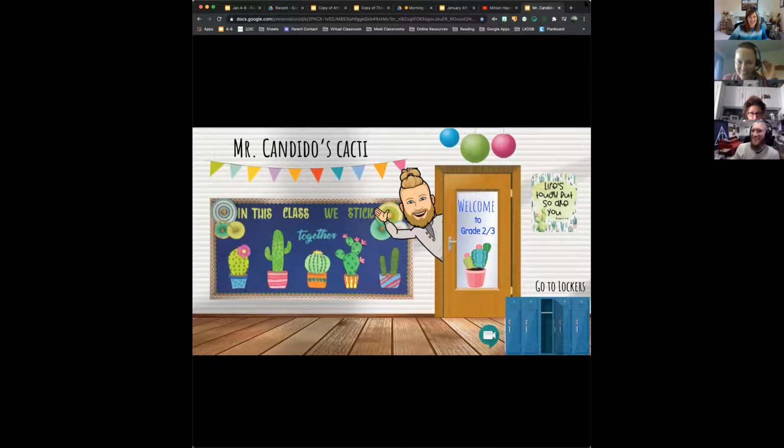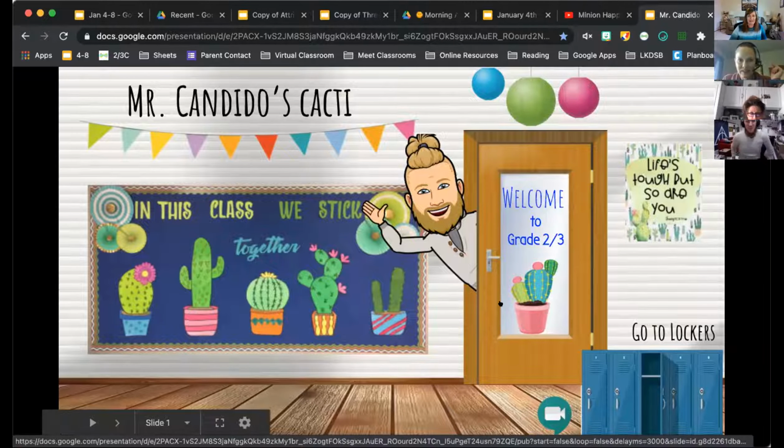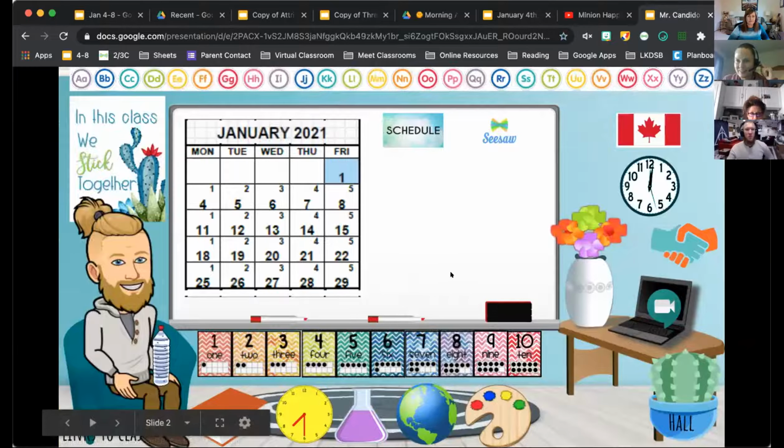Okay, perfect. So this is mine, and I got this from a colleague, just like the template. I duplicated a lot of things and changed it to make it my own. So what the students see when they go in here, it's really good for teachers to know when you're posting this, put it into publish mode. In Google Slides, you go File, Publish to Web. And then it gives them this. It doesn't give them the slide view, so they can't change anything, and they can't go through the slides.